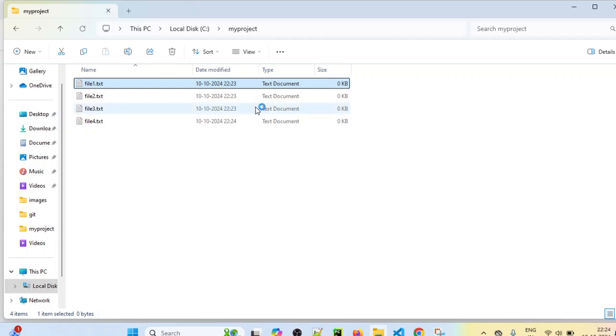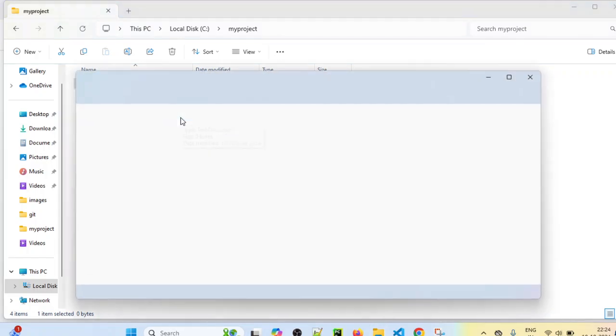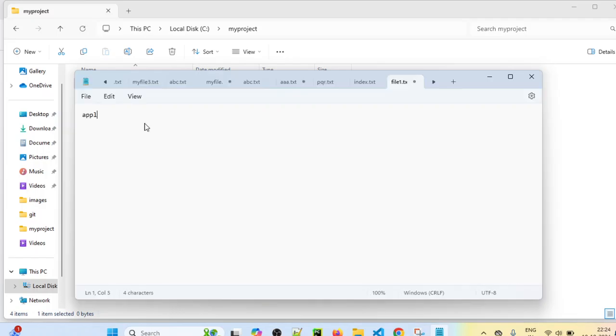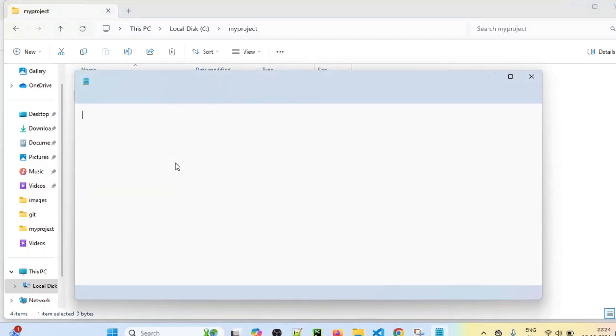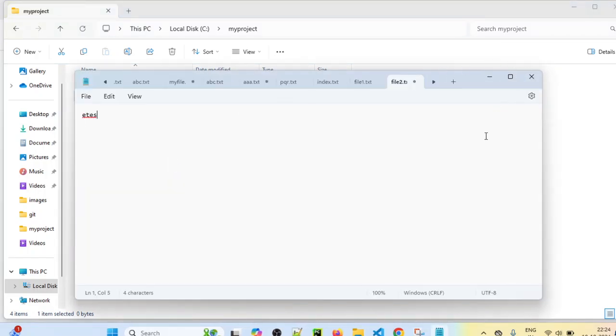Let's add some content in those files as well. I'm going to add some dummy text content. Let's say Apple, closing it. In file 2 also I am adding some random content.